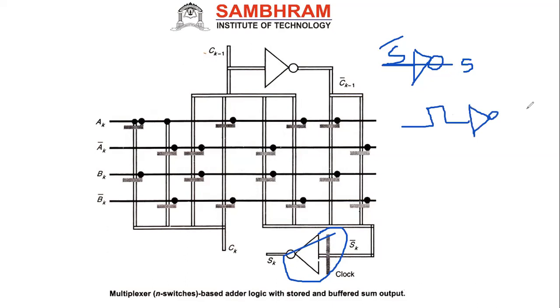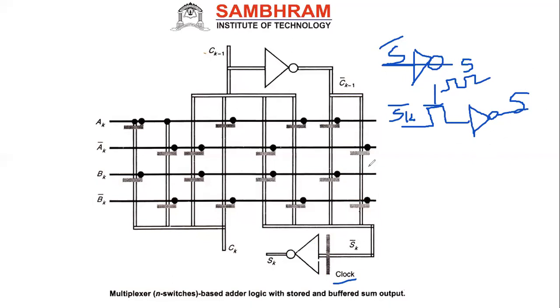It is a mixture of the symbol and the stick diagram. We studied this previously in the initial part, right? We can mix both the stick diagram and logic symbols. Now this will be S bar. This is your S bar. This is your S. What is this now? This control signal is a clock. You see this here? The specified signal is a clock. When the clock is equal to 1, I will get the sum. Correct? It will be stored. The sum will be stored here.